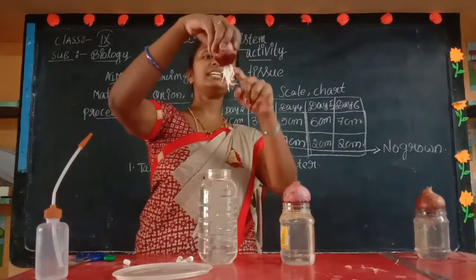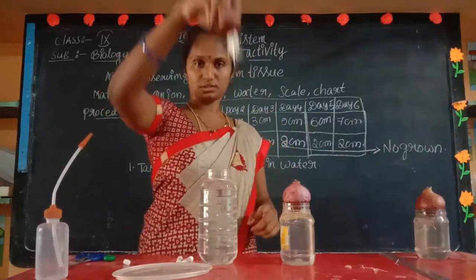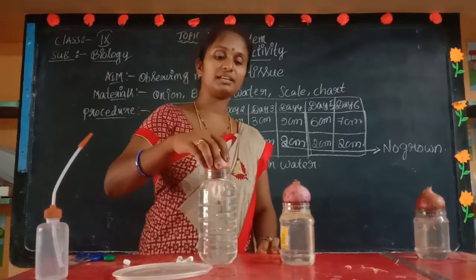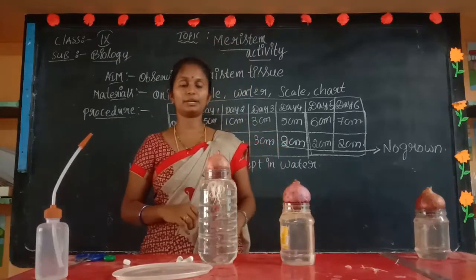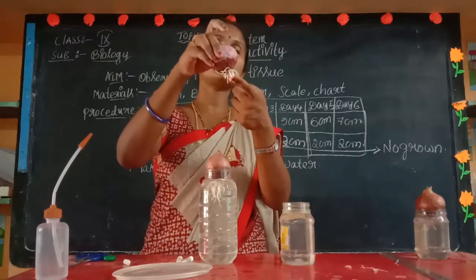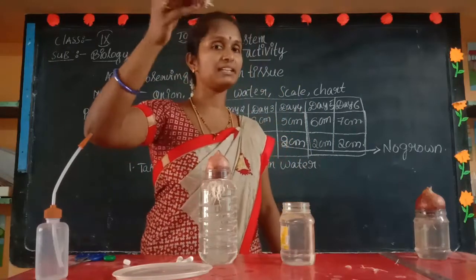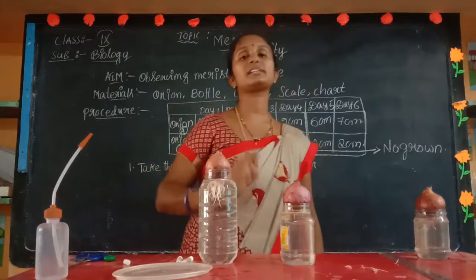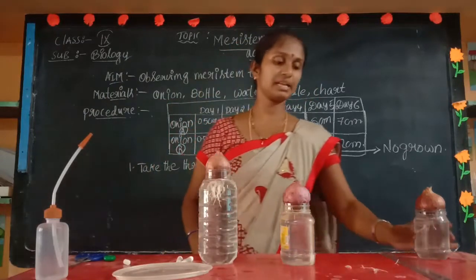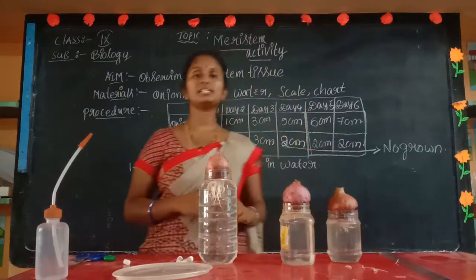And after getting these roots, you should sow them in soil like this. The plant can grow. And if you cut the roots, with no meristem in the roots, and you sow this, the plant cannot come. Why? Because the cells are already cut here. This is the explanation about the meristem cells.